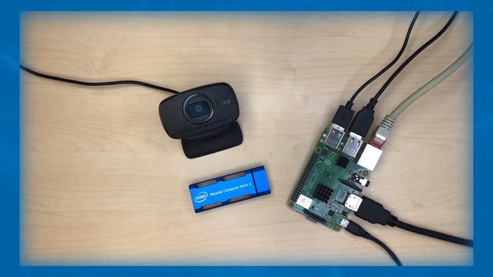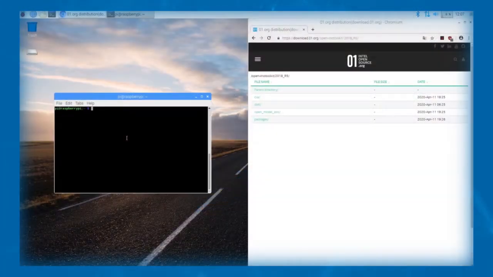Do not plug in the NCS2 stick yet. We will need to install the OpenVINO toolkit first. Complete the boot process of your Raspberry Pi. I will skip that and jump right into installing the OpenVINO toolkit. Open a new terminal window, run the sudo update and sudo upgrade commands, and then install CMake.